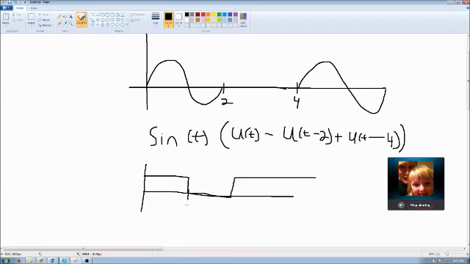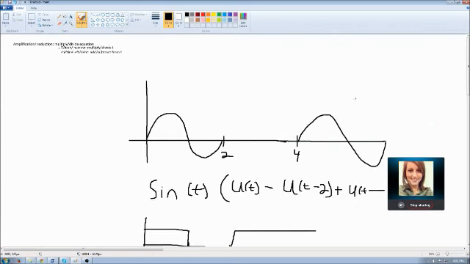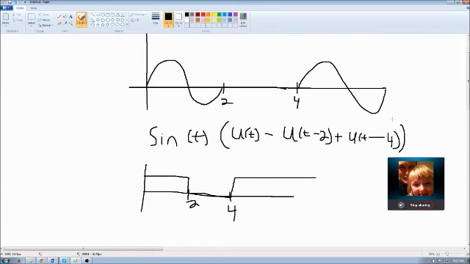So again, here's 2, here's 4. And this is really why I wanted to use u of t as much, because with u of t, you're multiplying and you can make these kind of drastic changes to equations pretty easily. I know this is getting a lot more into it than you're probably looking for, but it's the gist of how